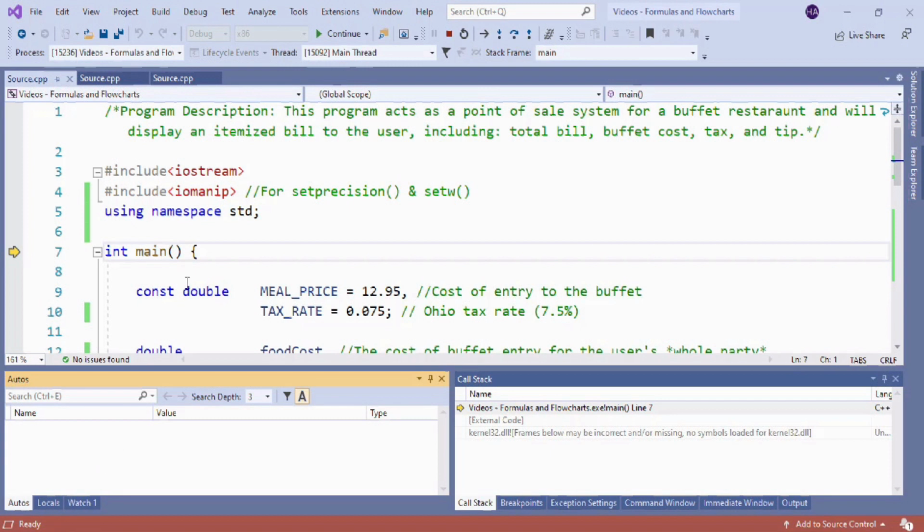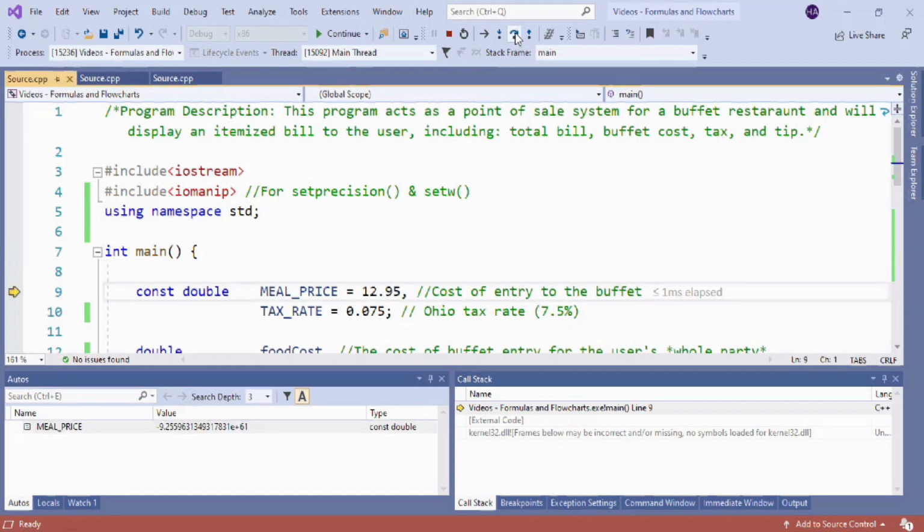So how this window is going to help us is, now that we're in this step through mode, we can, like I said, move line by line through our program. Over here, this yellow arrow is telling us where we are right now. To step through, you can press F10 on your keyboard, or you can press our step key here. As we press it each time, we can see that our arrow moved, and that's taking us down line